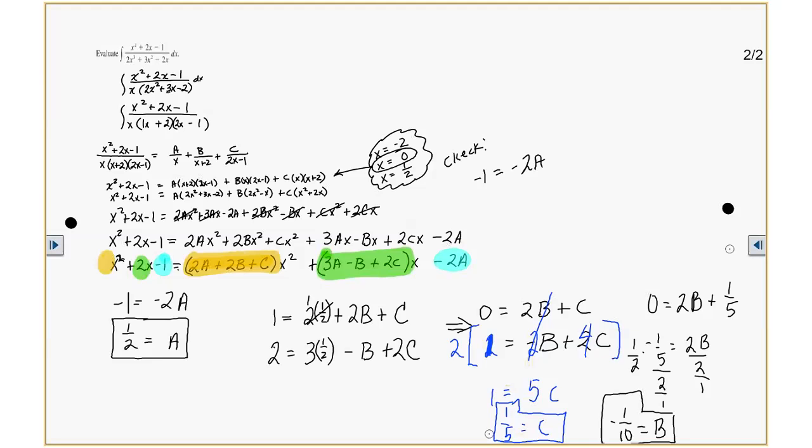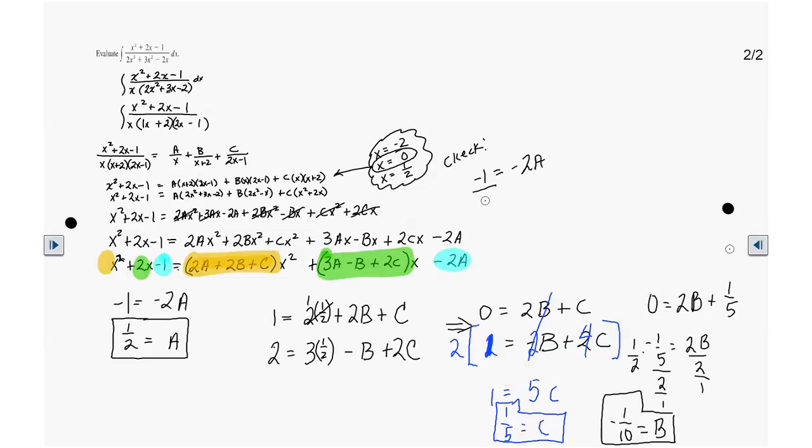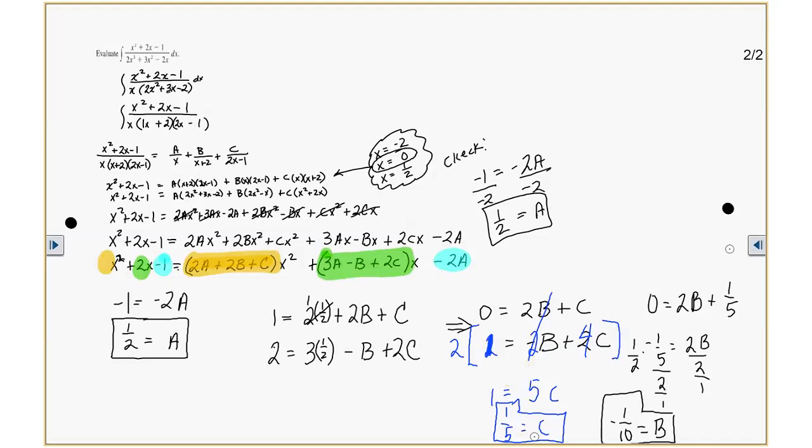Yes or no, people? Divide by negative 2, divide by negative 2. A is equal to what? So at least I know that I'm on the right track because I got 1/2 using both methods. And that's something you might always want to do just to see. Now, of course, B and C could be wrong, but at least you know you're on the right track with A. So now that we know A, B, and C,